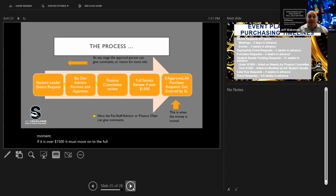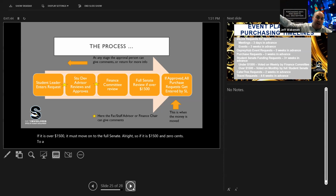All right, so if it is $1,500 and 0 cents to $1 million, we don't have $1 million, but then it must go to the full Senate review. Full Senate review only happens once a month on the third Tuesday. So that's why it's very important that if you are doing a funding request, you need to do this as